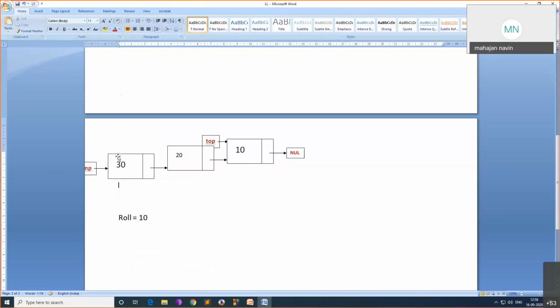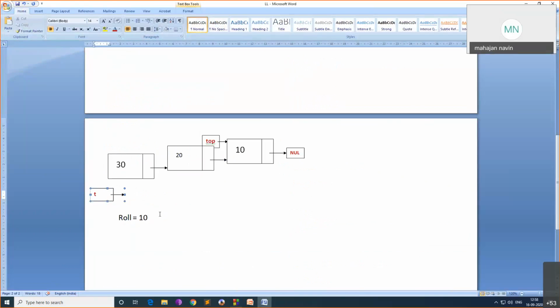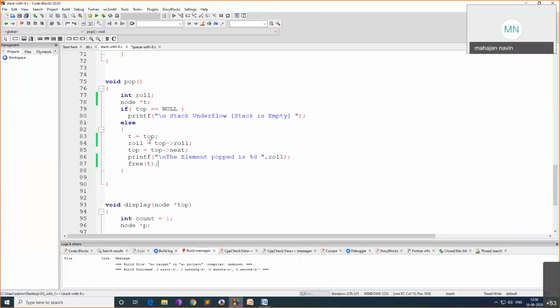When I want to pop, I'll take one more pointer, say t, and assign t equal to top. In the program, I'll say t equal to top, and roll number equal to top of roll, and top equal to top of next.